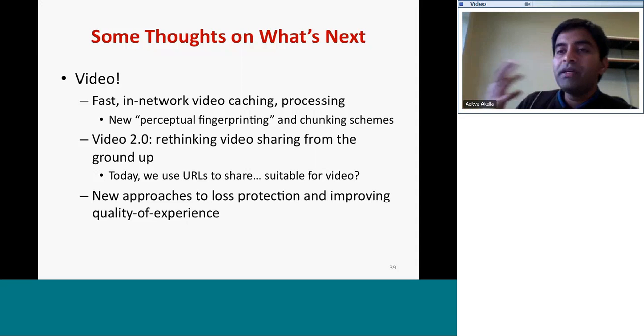And there may be new approaches that you can develop for video that provide better loss protection and improve quality of experience for videos. And again, if you take the specific domain at hand, video, and focus on what aspects make it different from regular content, you can apply those design threads and come up with interesting new sets of systems that work well for video.